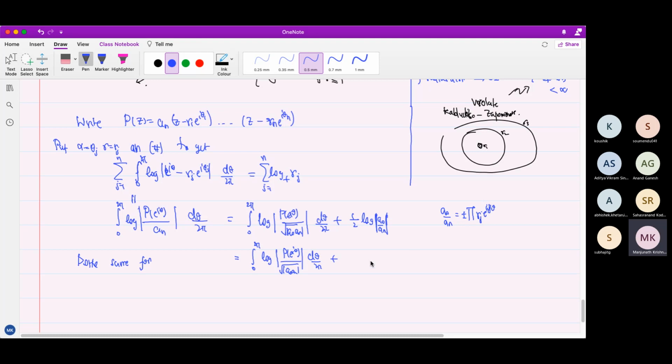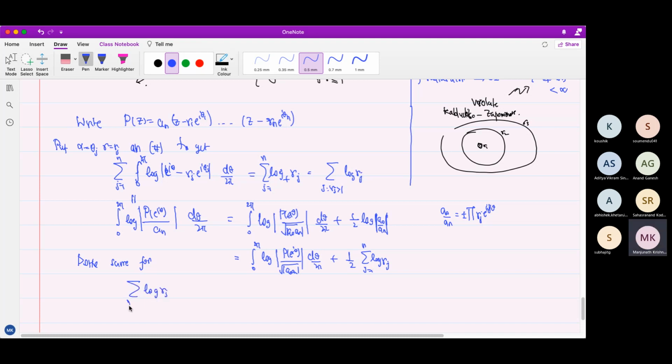Therefore, log mod that is actually half of the sum of log rj, j from 1 to n. So you transfer it to the other side. So the sum of log rj over j such that rj is bigger than 1 is equal to half of this whole sum plus this. So if you transfer it to the other side, you get